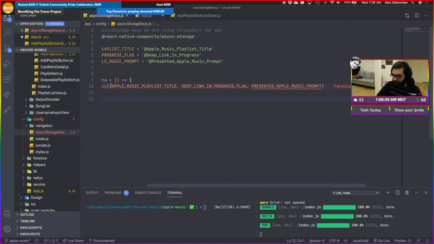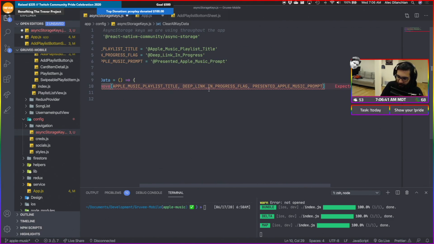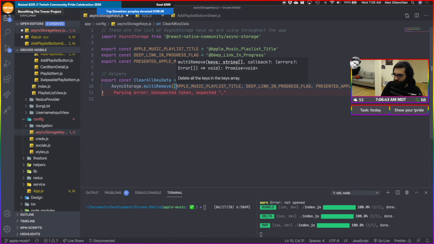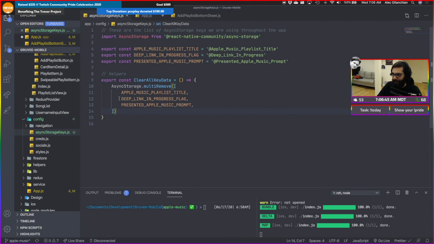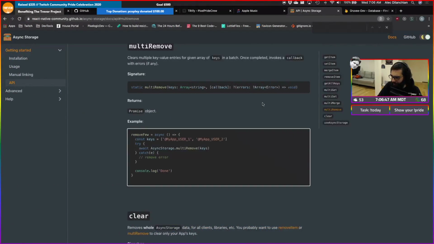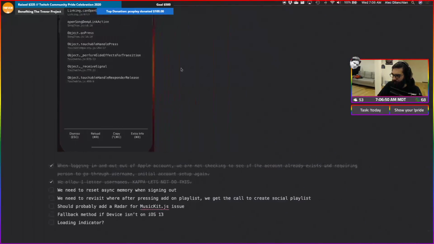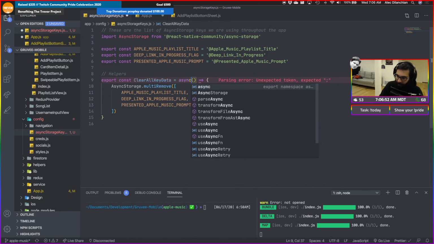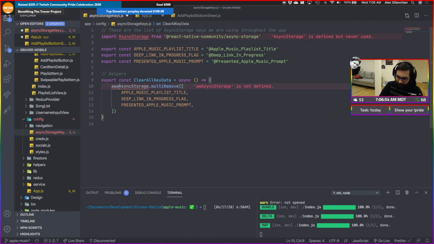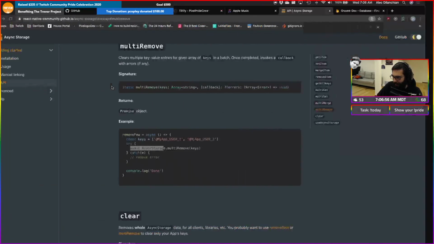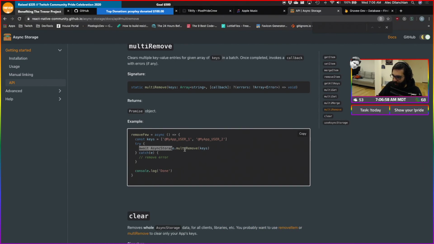Oh, I forgot the paren like that. And then I think multi-remove takes, yeah, so we gotta do async here. Async, await, and then this thing, we'll just do a try catch around. Actually, we'll do the try catch one level up. So again, clear multiple key value entries for the given array of keys in a batch.